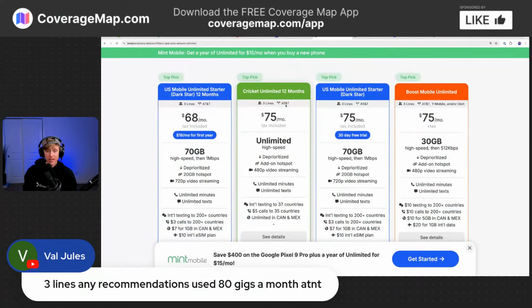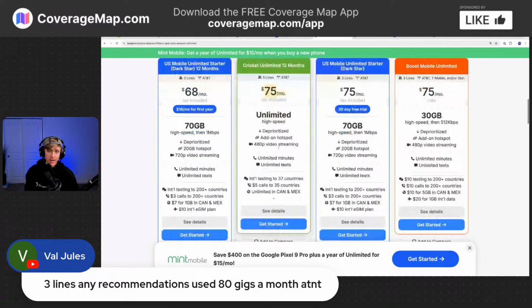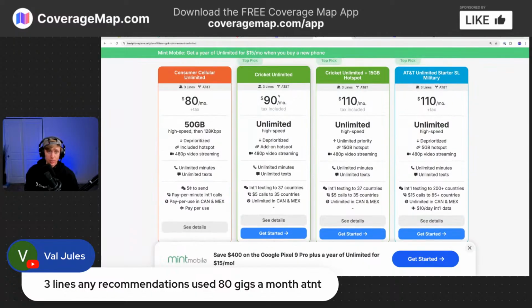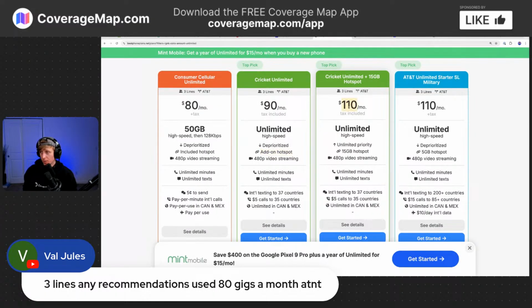Taking a look here, Cricket could be another one. They do offer their annual plan, so it'd be $75 a month just for unlimited high speed. This is deprioritized though, and hotspot is an add-on, so worth keeping that in mind. And then they have a family plan, similar deal, $90, unlimited, deprioritized, add-on hotspot. If you get their premium plan, this is actually pretty good value. I'd probably look at this and then US Mobile Unlimited Starter. $110 a month, unlimited high speed, unlimited priority, 15 gigs hotspot, sadly 480p video streaming,